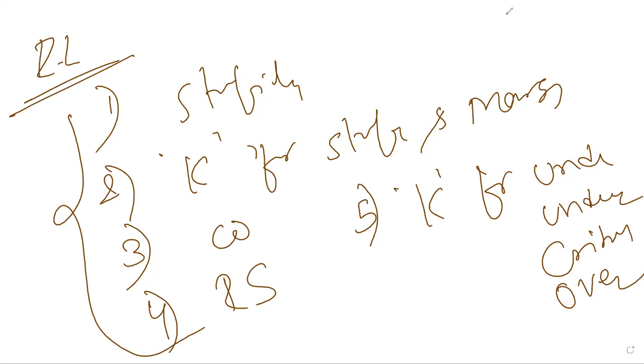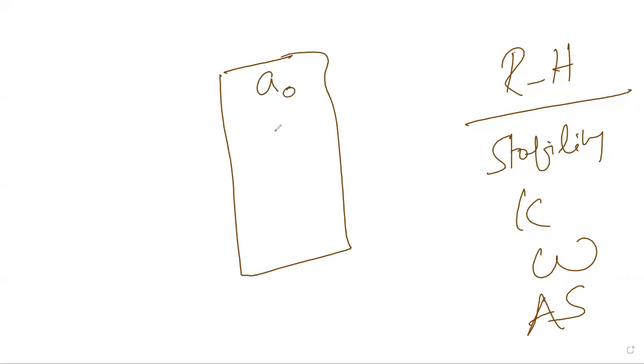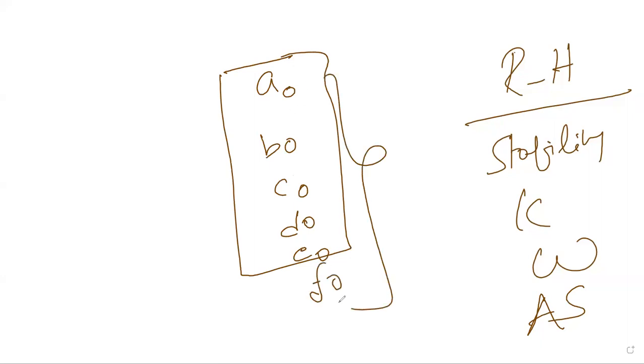Right? So initially we discussed RH criteria. With the help of RH criteria also, we find stability of the system. We also find the value of K for stability and marginal stability. We also find the frequency of oscillations, and we are also finding the absolute stability. What does absolute stability mean? You can comment whether the system is stable or not. By observing the elements of the first column, that is A0, B0, C0, D0, E0, F0, if there are no sign changes in the first column elements, we are saying the system is stable.